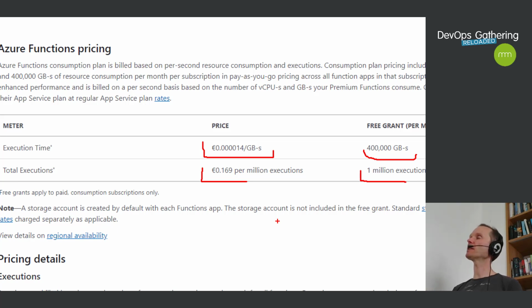My real-world experience is you have to test it. You have to build a prototype, or maybe you have an existing solution, deploy it to Azure Functions, generate a little bit of load. If you already have customers, just put a few preview customers on this machine and then try to extrapolate. From there on, you have to measure, you have to collect telemetry, and from that you can find out how much money you will have to spend each month for your serverless infrastructure. So monitoring, telemetry, logging is super important when it comes to serverless because of pricing. Not only because of pricing, but also because of pricing.